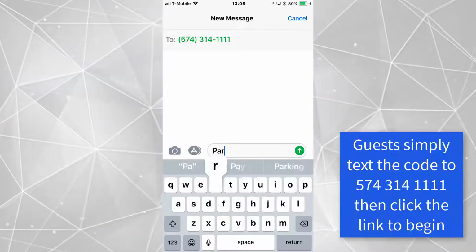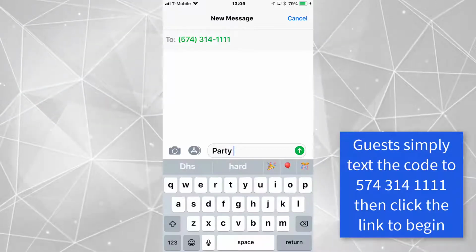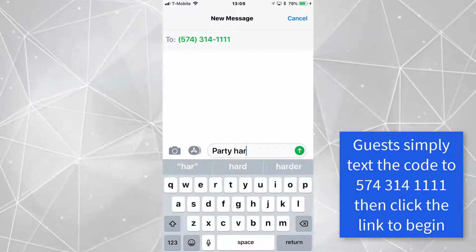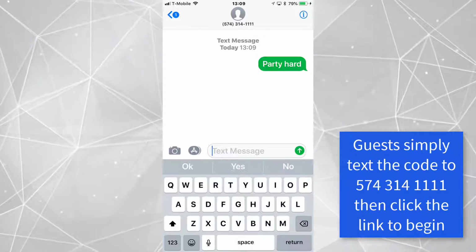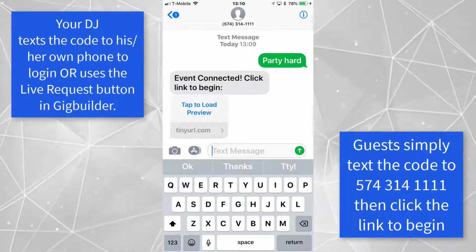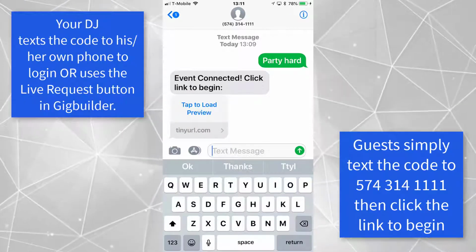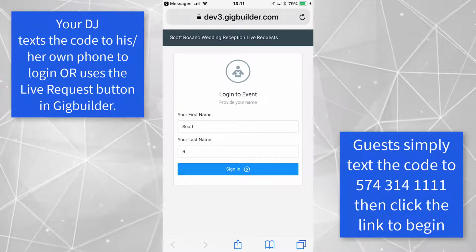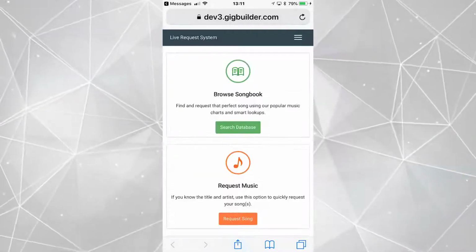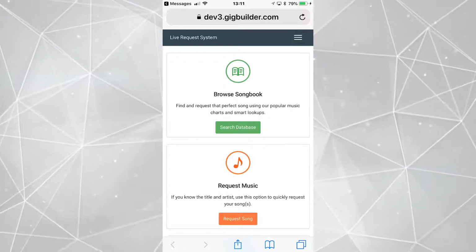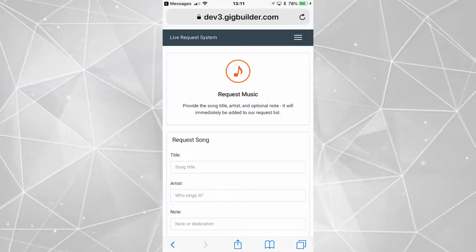At the event, your clients simply type in the word party, followed by the code, and they send it to this phone number, the 574 number. Once that happens, the event is connected, and then they click the link to begin. Simply put in their first and last name, and they now have access to the entire live request system